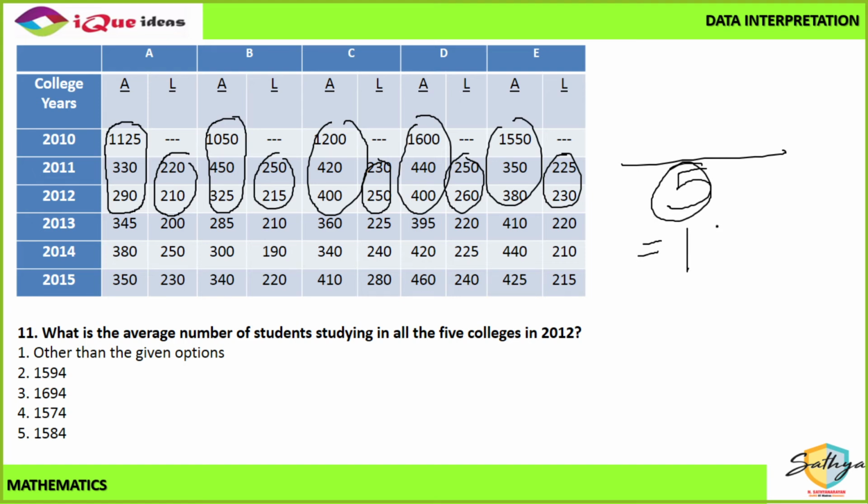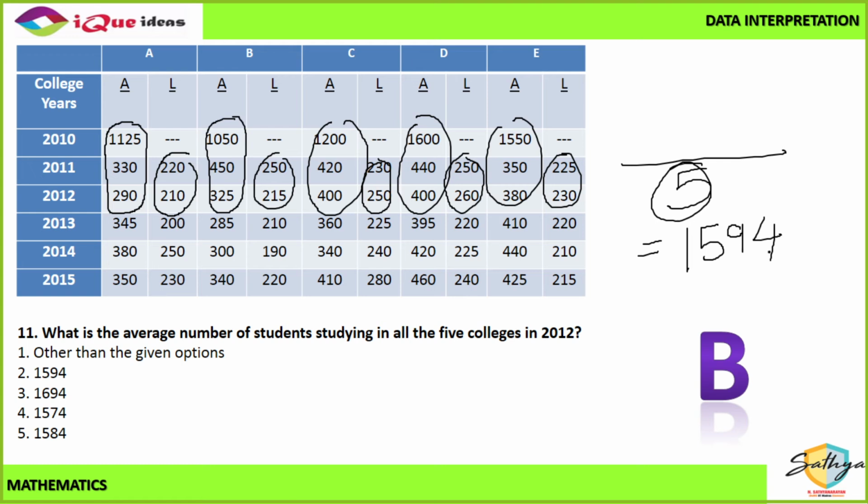And if your calculations are correct, you should get 1594 as your final answer. Right? You just had to add 15 numbers, subtract 10 numbers from it and divide it by 5. It is only calculation and nothing else in this problem. Did we get it? Other than calculations, there is nothing much to be done in this problem.